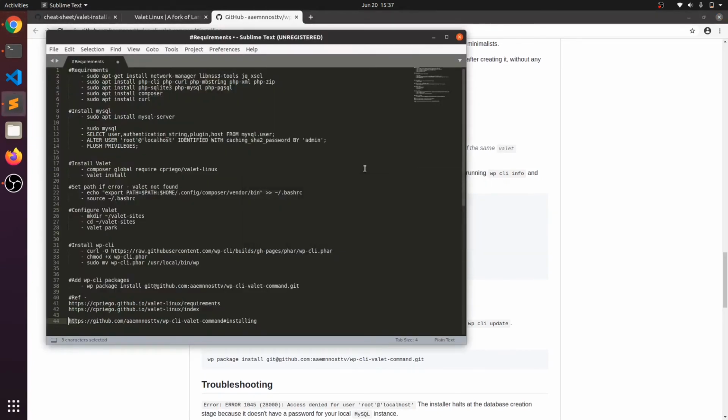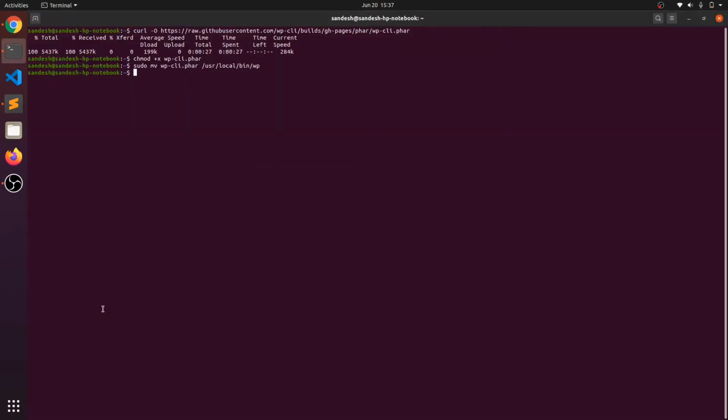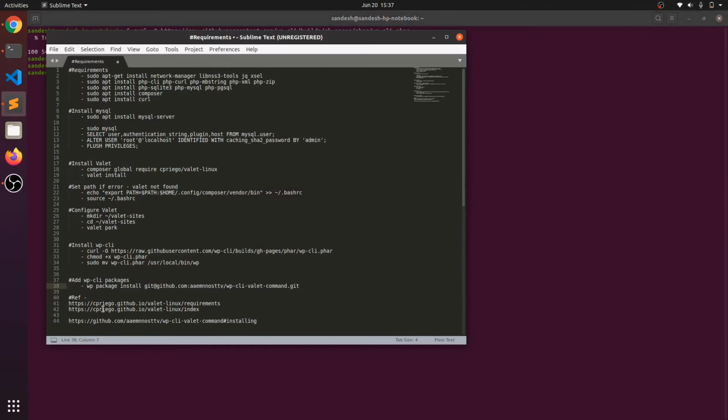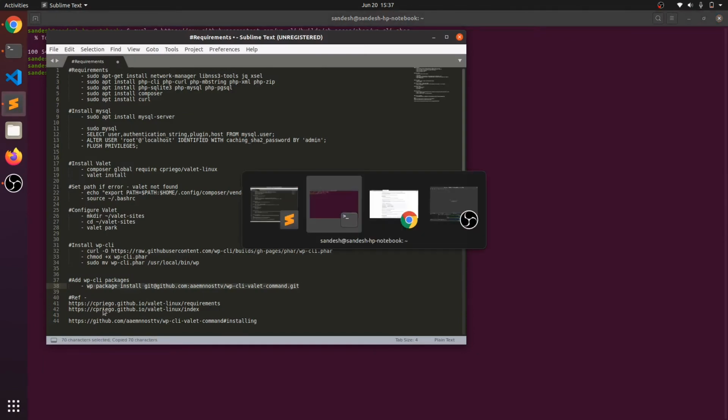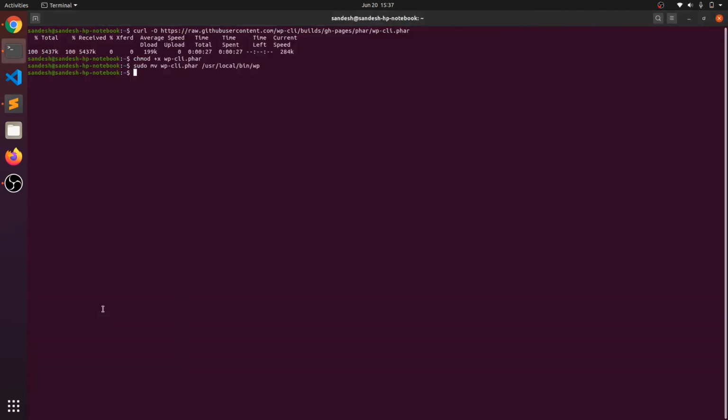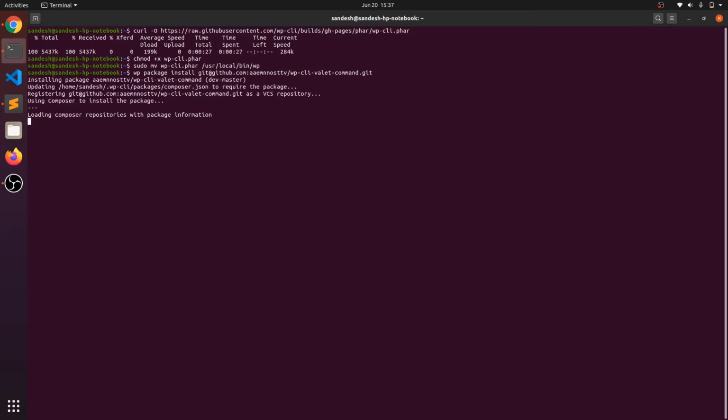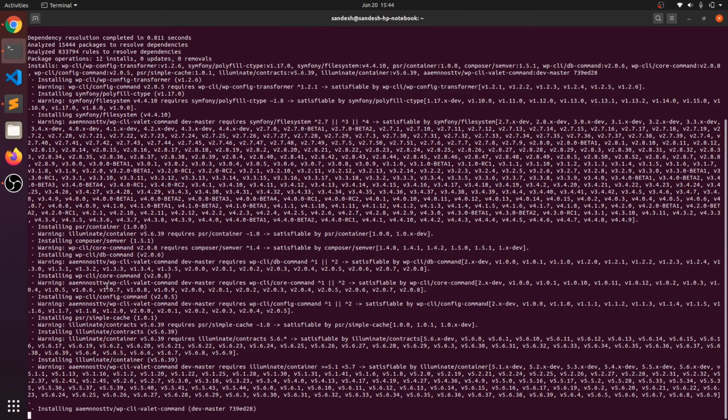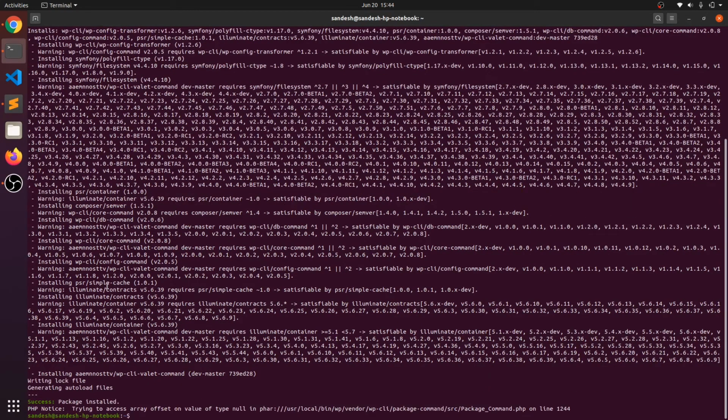So now we run wp package install, copy and paste here. It will automatically install all the WP-CLI Valet commands from GitHub. That's it. Now all the CLI commands are installed for us.